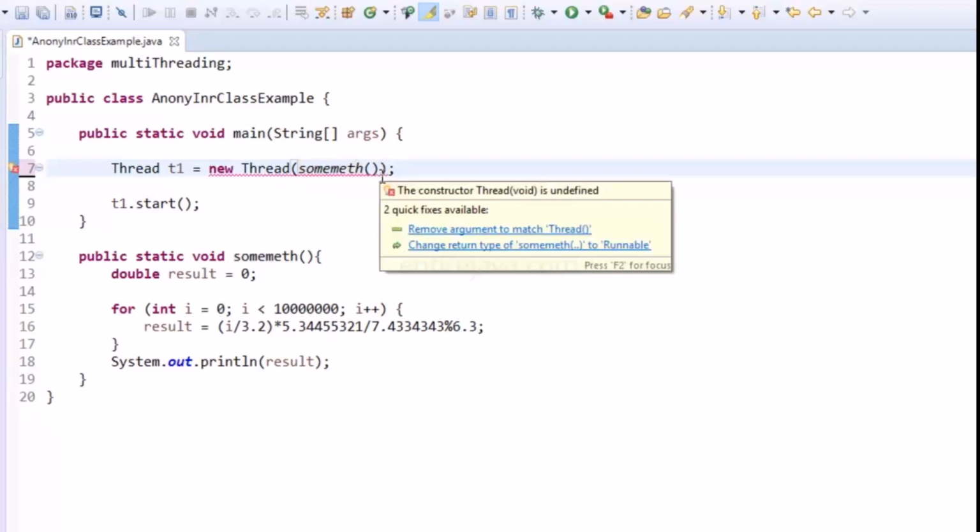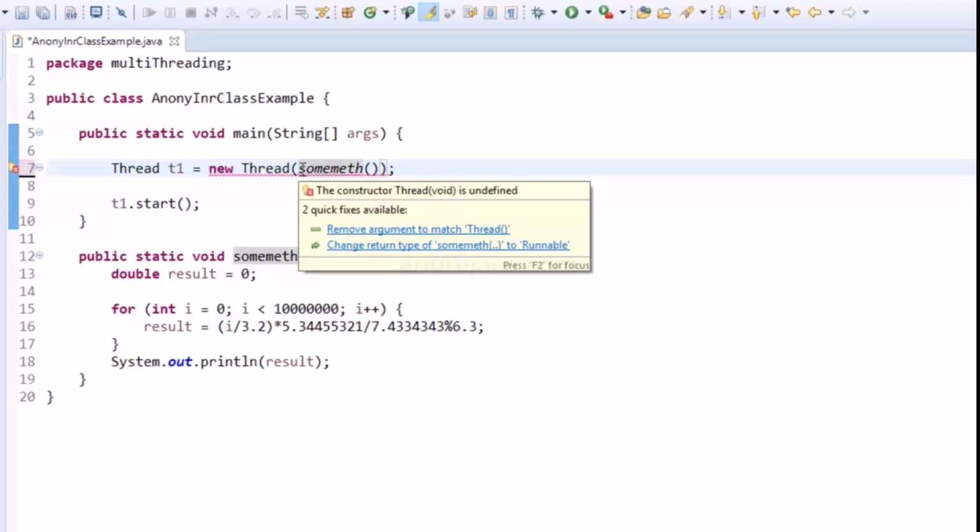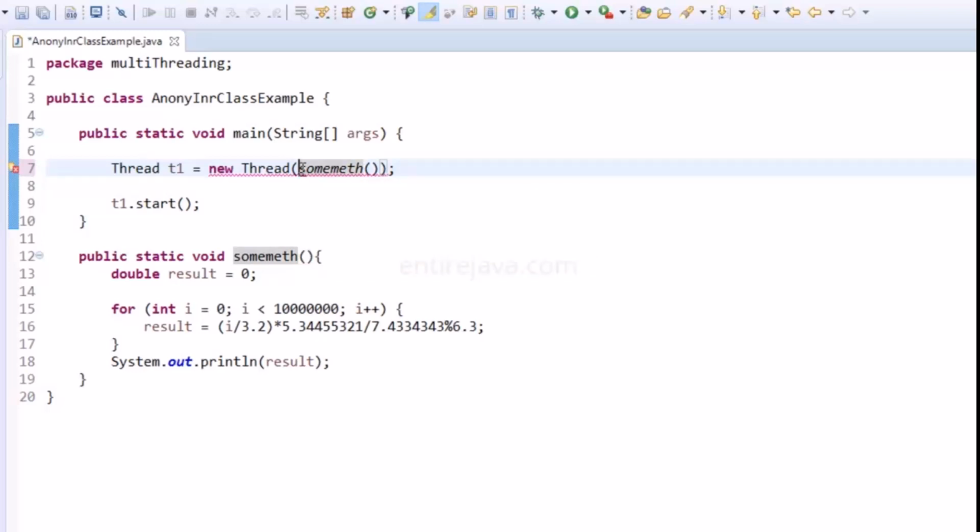We can get rid of the semicolon from here. The only thing that the compiler wants us to specify is the number of parameters that we are passing to the method sumMath. In this case, there are none. So we need to tell the compiler by using the Java 8 lambda expression,